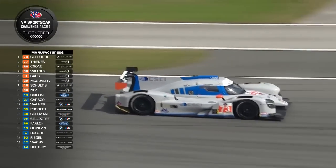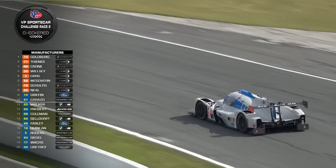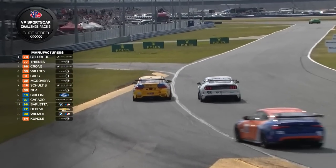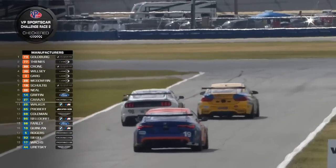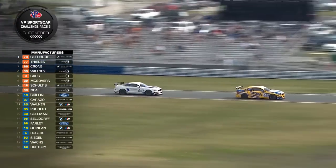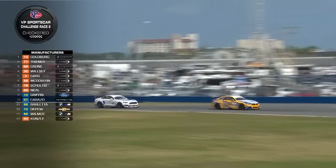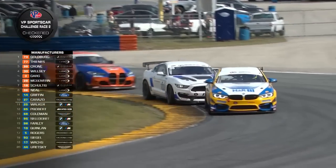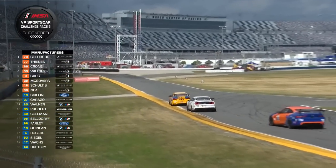Another great run for Goldberg here at Daytona, and a very heady run for Billy Griffin aboard the number 14 Ford Mustang. We saw him lose a couple of positions at the start yesterday, come back to win, had a hard-fought run today, and still continuing to fight, looking for his win. He's got a little farther to go. And this fight between Farley and Seldorf is not going away. They still have a long way to go. This is for 6th and 7th. Yeah, and that really is a good battle, isn't it, between...